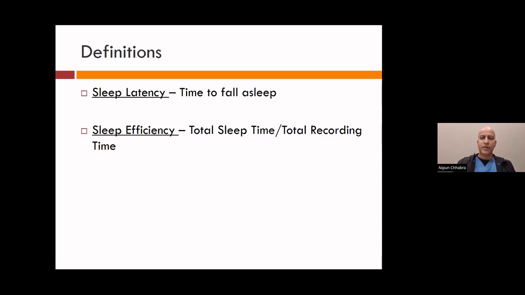For a good PSG study with optimal data, you're looking for a sleep efficiency of about 75% in the adult population. In the pediatric population, we tend to tolerate sleep efficiencies of around 50%, because it can be very challenging for children to have an adequate recording time. If you're looking at a full 8 hours, they're not usually able to keep the monitors and all the